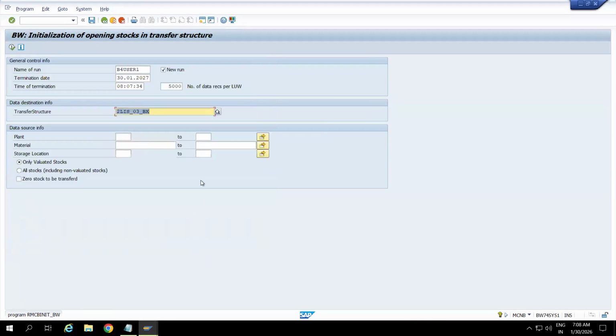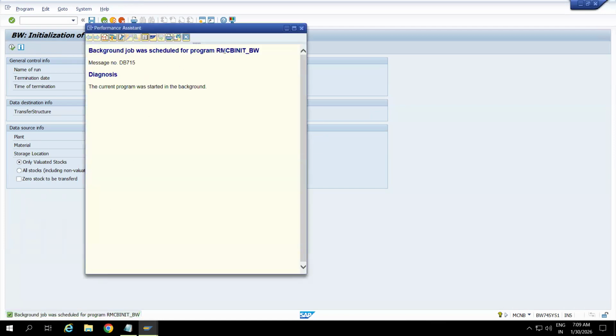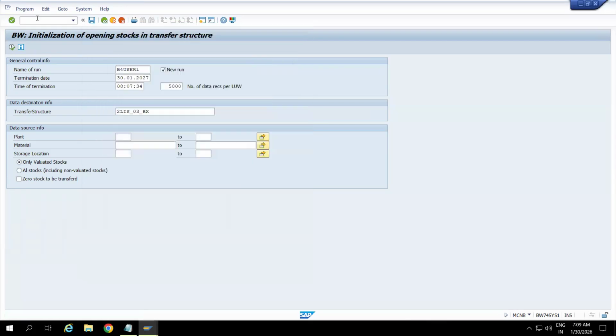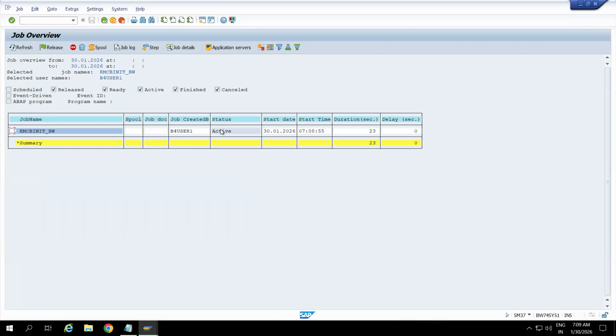Okay, real time also do it in the same way. The job is generated. Now you can track your job. Take this name, copy this name, close this one. And where we have to go? SM37 job. T code SM37 and I'm executing. See here, job is inactive. So the active means setup table is running now. So if you go to